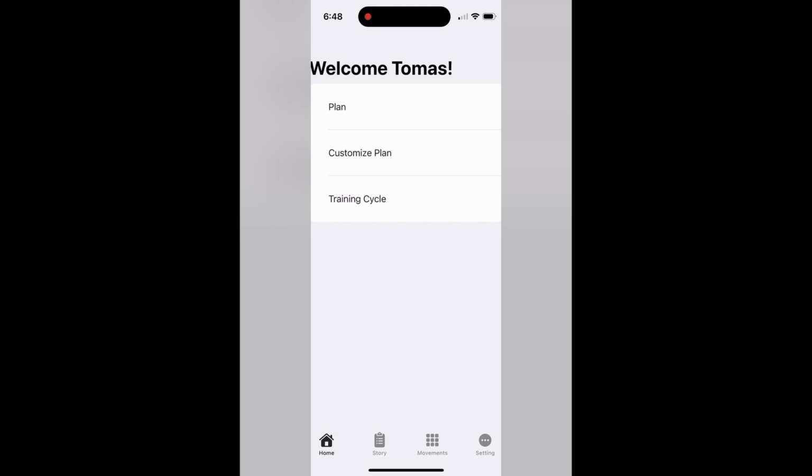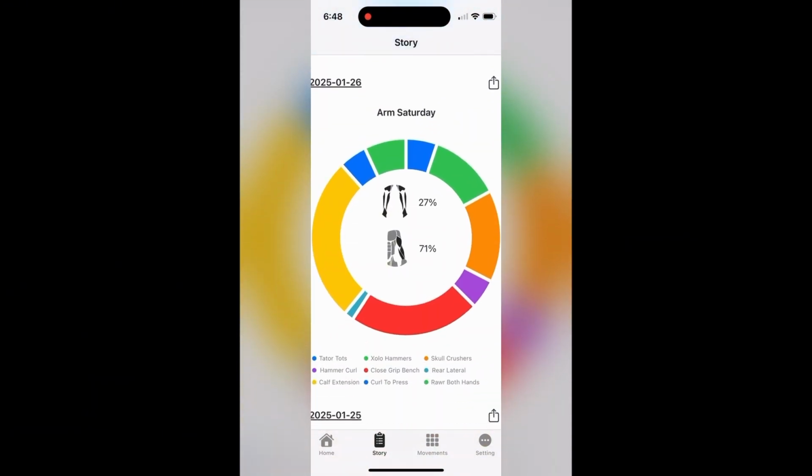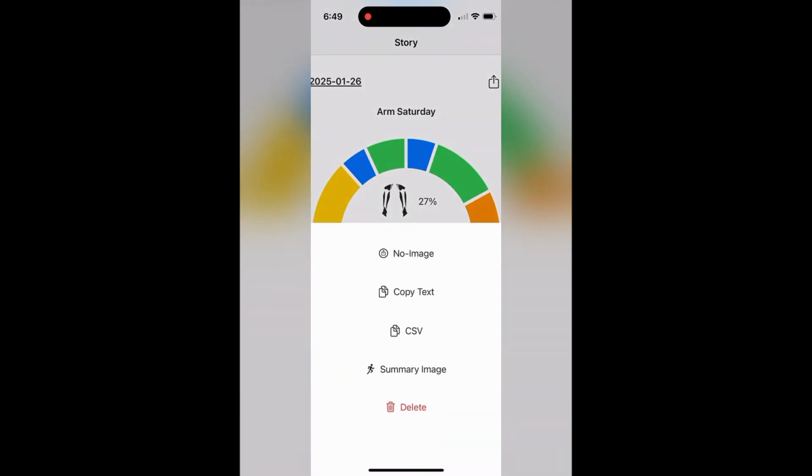There are multiple ways to start sharing. I will be demonstrating each of them. If you want to share what you have done in the past, go to the second tab, scroll to the item you want to share, tap on the top right share button, and you are presented with